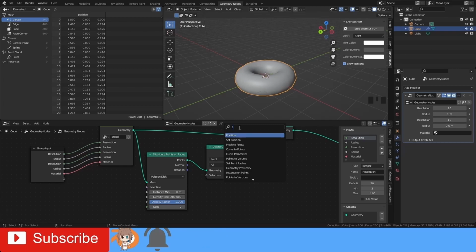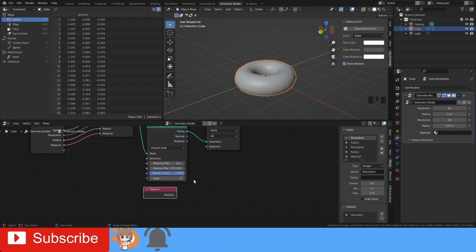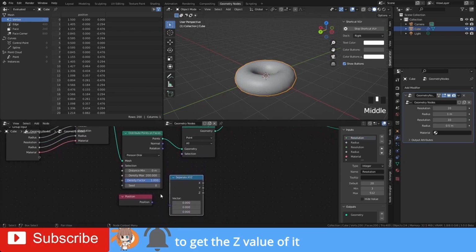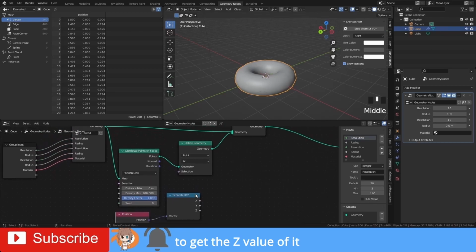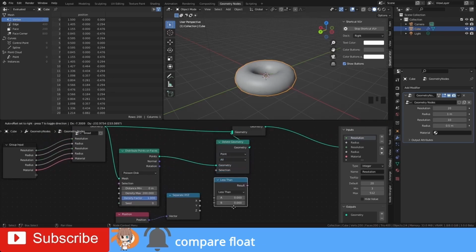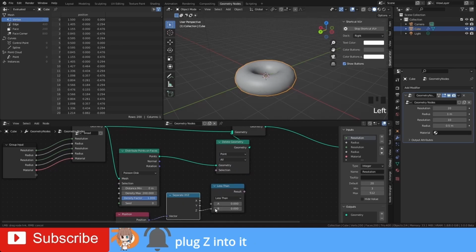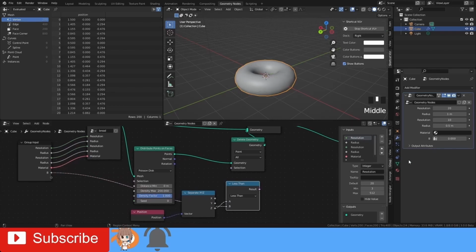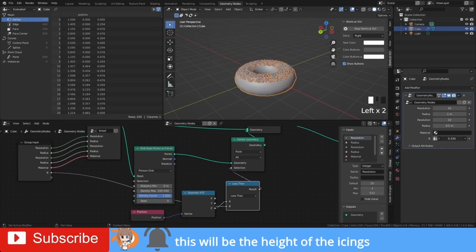Get a position node and separate XYZ to get the Z value out of it. It floats. Plug the Z into the delete geometry, and this will be the height of the icing.